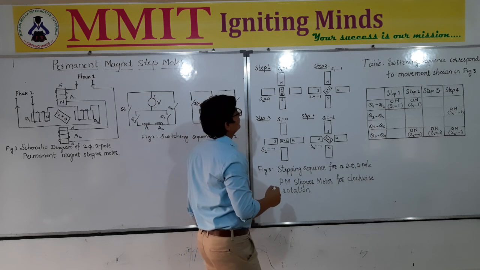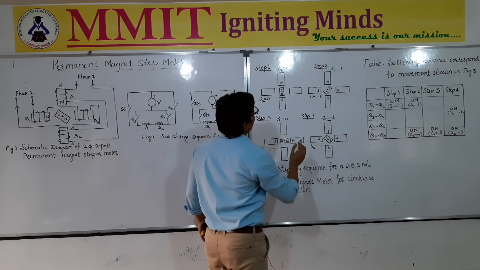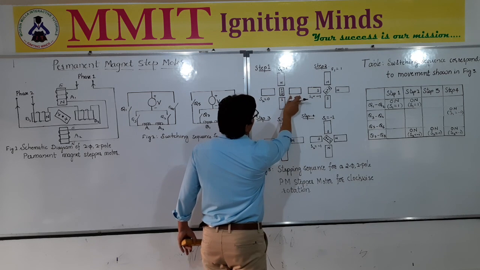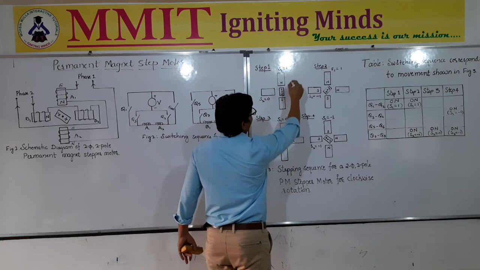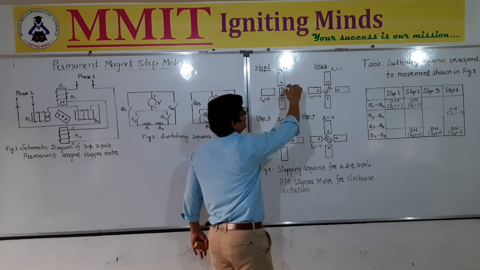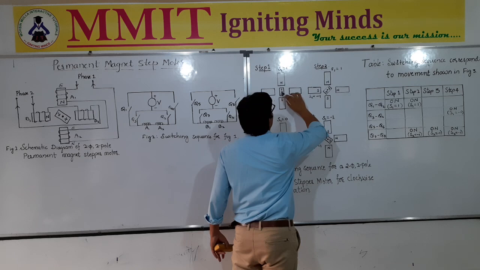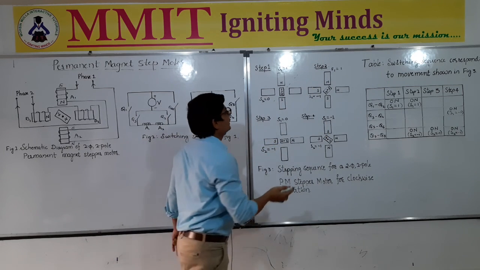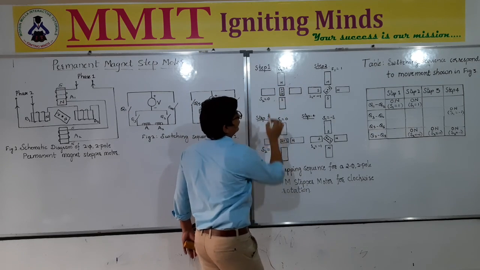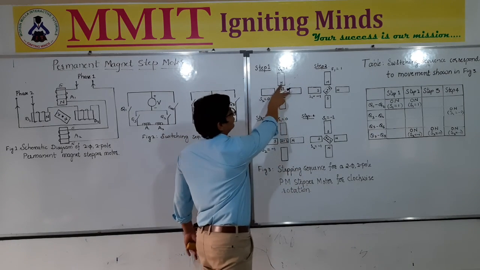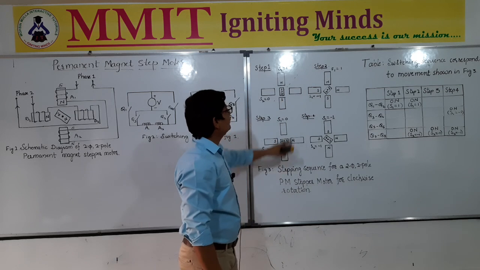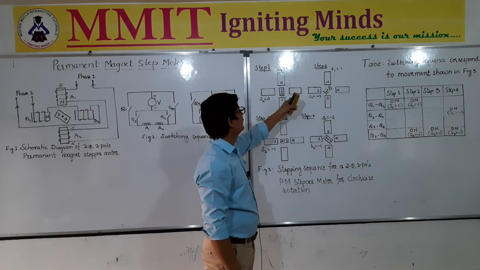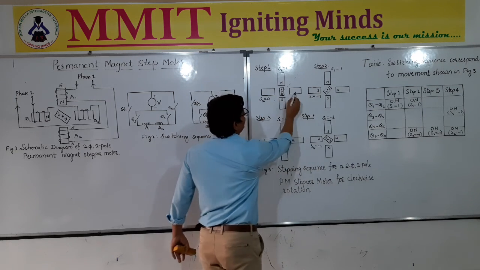To rotate it in the clockwise direction, we have to make this side north. We have to obtain this pole as north. So this south will get aligned in the resultant direction. The magnetic field direction will be the resultant of these two north poles, because the windings are equal, the electromagnets are equal. Therefore it is going to align at a 45 degree angle in between these two north poles. That can be obtained by switching the second winding B in a particular way, so that we get north here and south here.